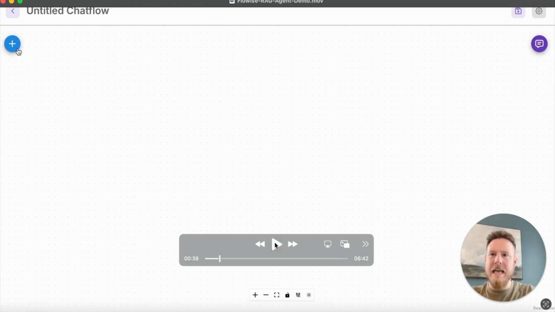The Flowise canvas is really, you can think of this as Figma, but for AI. So it looks like a design whiteboard where you can drag and drop components. But in this case, you're not just designing what things might look like, you're actually doing drag and drop to design a real working agentic system. So the main canvas here is where we build. Each node that we're going to drag onto the screen represents a real component, and the connections that form between the components are the data flow through them. So that's essentially how Flowise works here on the canvas itself.